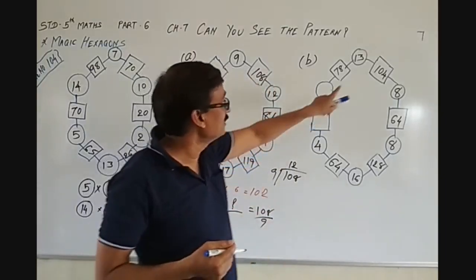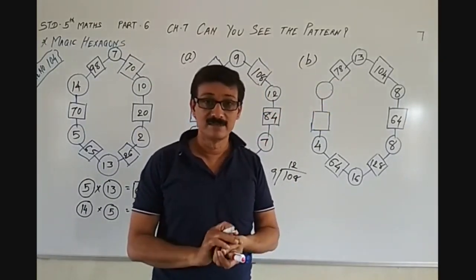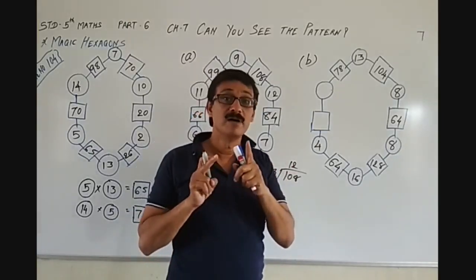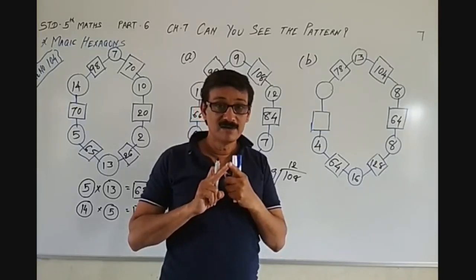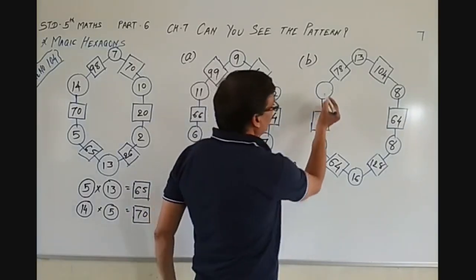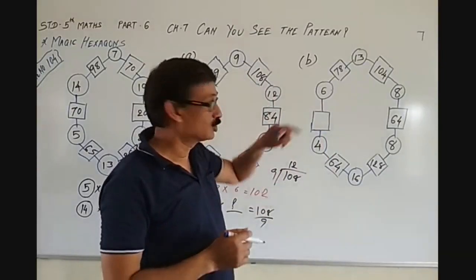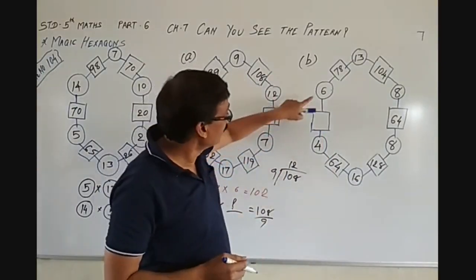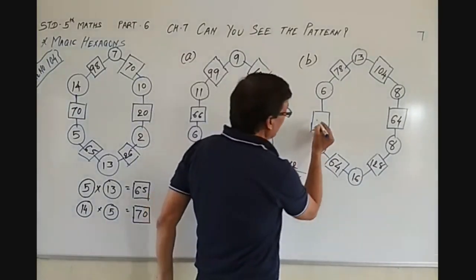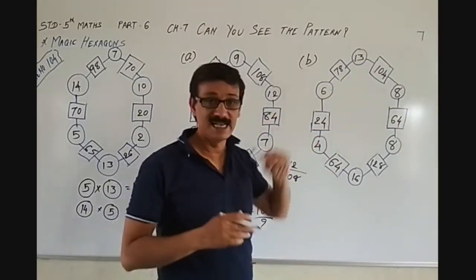Now one more is there. See, 13 is there. But here in this circle nothing is there. Then go for the table of 13. 13 5s are 65. 13 6s are 78. So here it will be 6, isn't it? Now only one box is there, and here there is 6 and 4. 6 4s are 24. So once again we complete this hexagon.